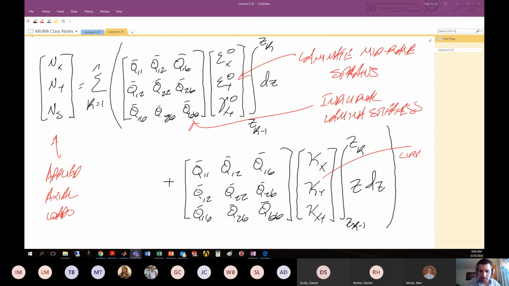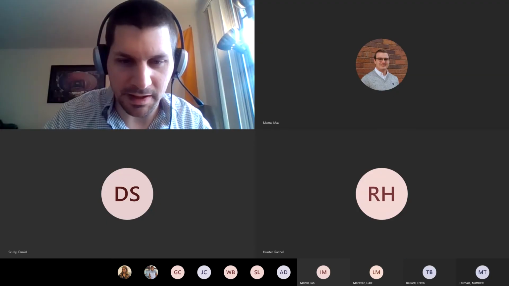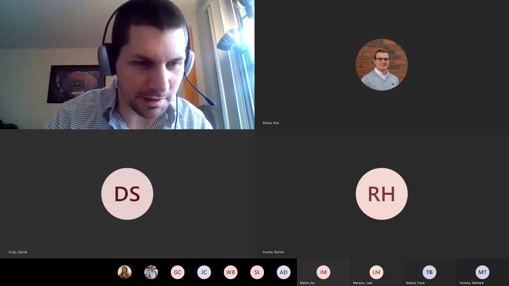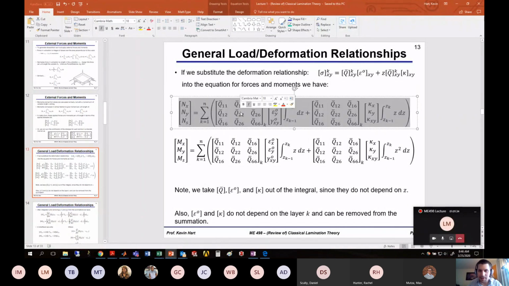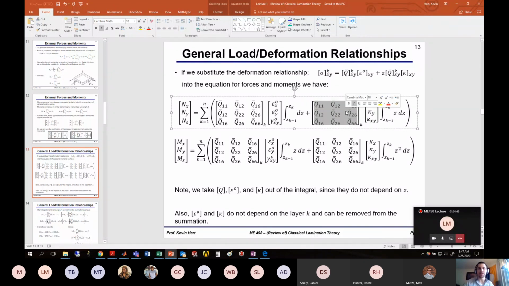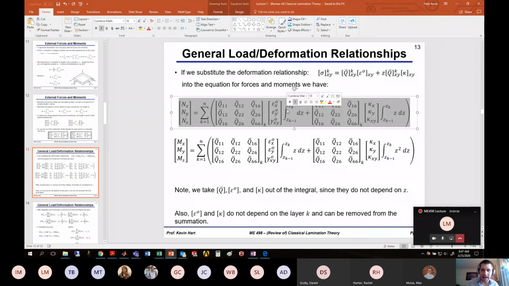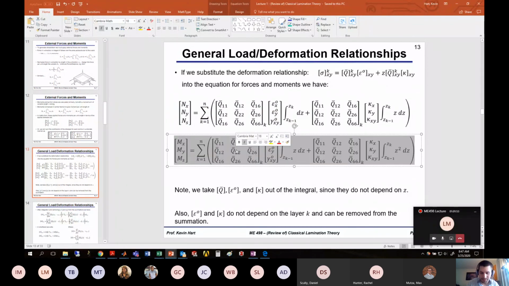I'm just going to share here my PowerPoint for a second, just because, in my opinion, seeing it on PowerPoint is a little more clear. All right. So I had just written on my notepad and not such great handwriting this particular expression, which is relating the loads that we applied on the laminate to the strains that develop and the curvatures that develop through the individual layers of the stiffnesses by substituting this general expression. All right, so we've done this for, here's the axial loading, and here is the relationship between the moments and the curvatures and strains that develop. Okay,